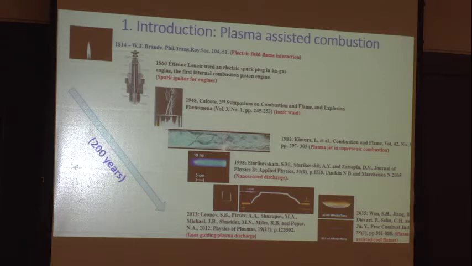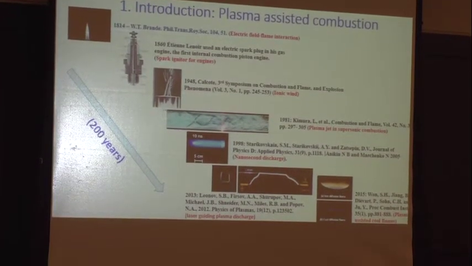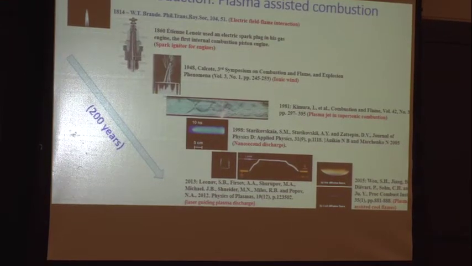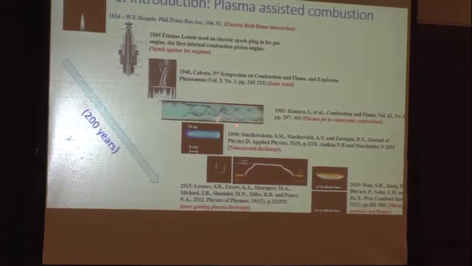It's very difficult to ignite and stabilize the flame in a supersonic flow. The nominal flame speed is about a meter per second, or a couple meters per second, or a centimeter per second. If you want to stabilize the flame in a scramjet engine, you need probably 1,000 meters per second. So you need something to ignite it and stabilize it. That's a big challenge. In the 1980s, people used the plasma torch.